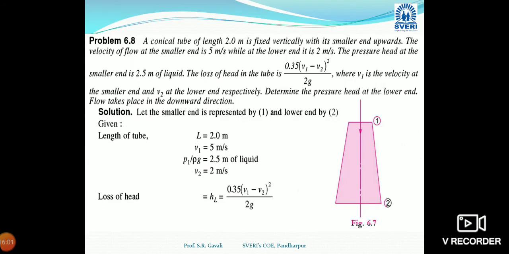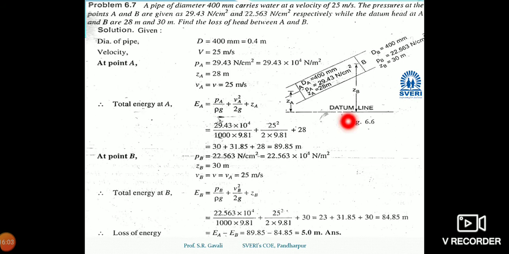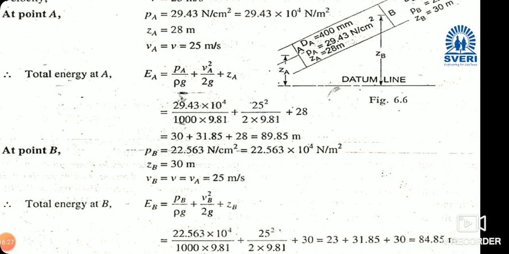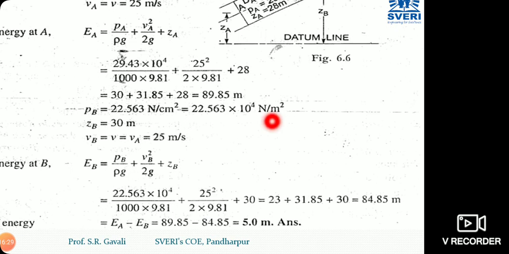And the energy difference will be nothing but head loss. So the total energy at A, EA, we consider is equal to PA upon rho g plus VA square upon 2g plus ZA. If you put in the known values in SI units, it is 29.43 into 10 raised to 4 divided by 1000 into 9.81, plus 25 square divided by 2 into 9.81, plus 28. It will give 30 plus 30, and the total head will become